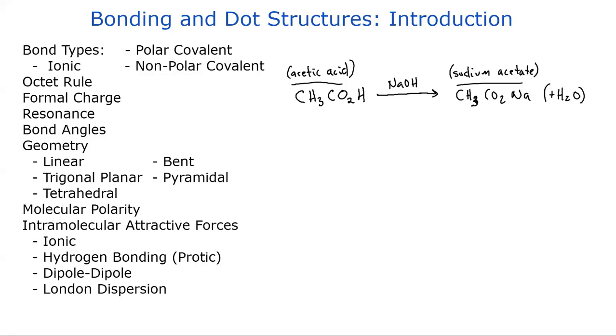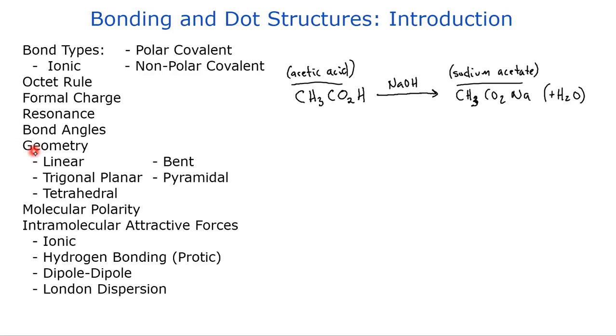So let's take a few minutes to review some concepts and terms that you probably learned in chemical principles, and that if you didn't, we're going to spend some time reviewing here in organic. We've talked about bonding and the dot structure bonding theory, including ionic bonds and covalent bonds, which can be either polar or nonpolar. There's the octet rule, formal charge, the idea of resonance, looking or determining bond angles in structures,